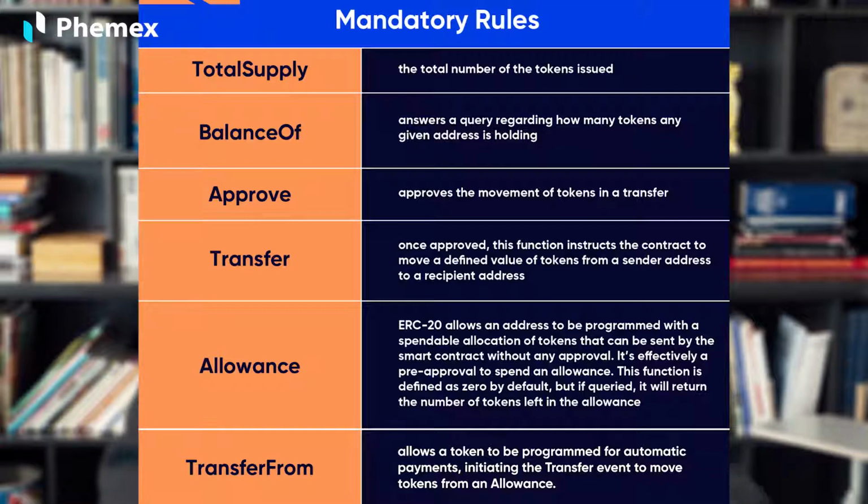Allowance. ERC-20 allows an address to be programmed with a spendable allocation of tokens that can be sent by the smart contract without any approval. It's effectively a pre-approval to spend an allowance. This function is defined as 0 by default, but if queried, it will return the number of tokens left in the allowance. Transfer from allows a token to be programmed for automatic payments, initiating the transfer event to move tokens